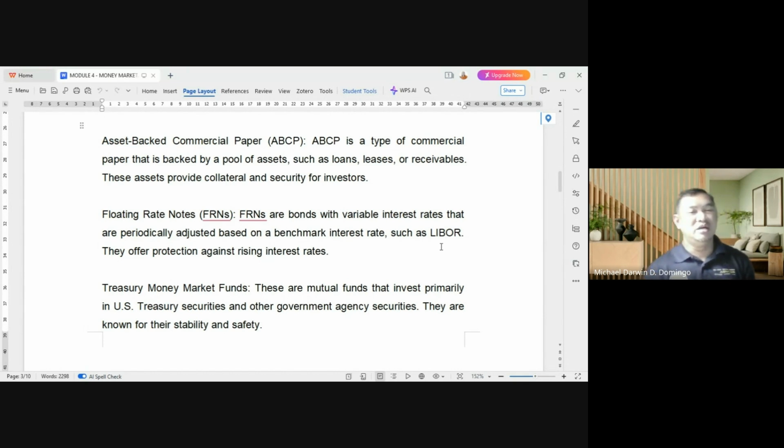Then treasury money market funds. So treasury money market funds, the same lang naman din to halos nung treasury bills. Okay? So wala naman siyang pinagkaiba. They are known for safety and security, for stability kasi nga government yung katransact mo dito. So there will be no problem. The only problem is probably baka medyo matagalan ng payment. Okay? So yun lang naman ang pinaka-problema kapag ang katransact mo ay government. Pero siyempre depende pa yan sa government. Pero most likely